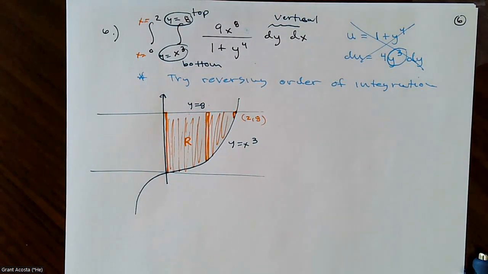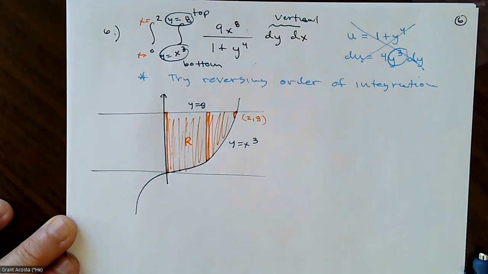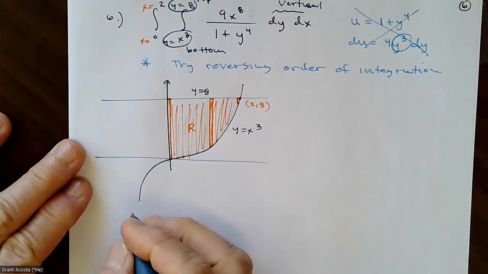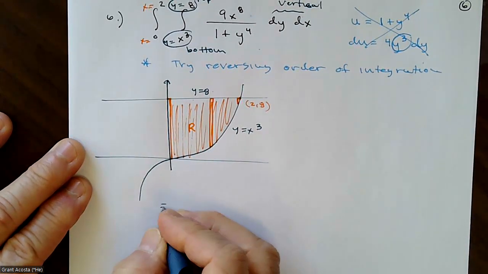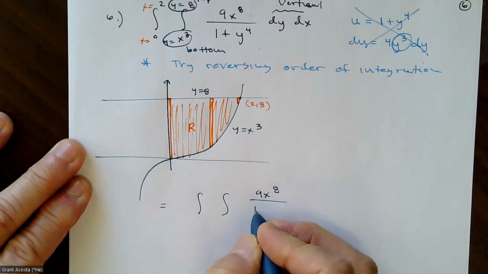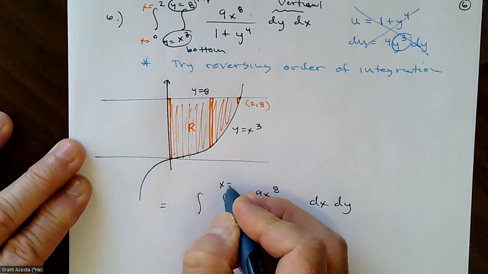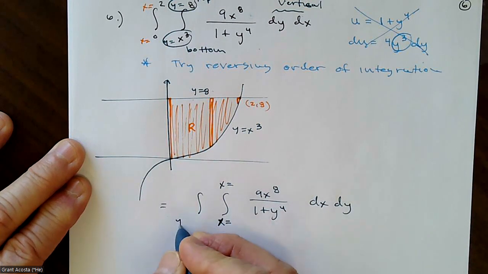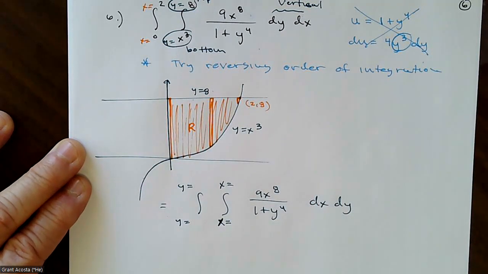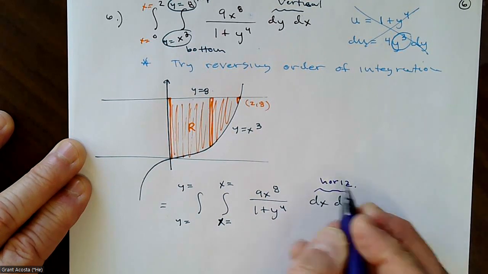Now that we know R, you want to switch your integral to dx dy, so maybe pause the video again and see if you can describe this region with horizontal cross sections. Still going to be the same function, so 9x to the 8 over 1 plus y to the 4th, but now I want to write it as dx dy. If I fill up this region with horizontal rectangles,